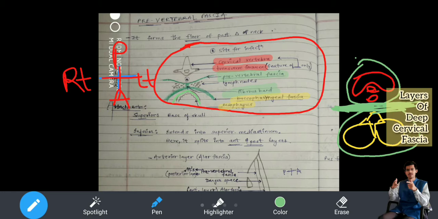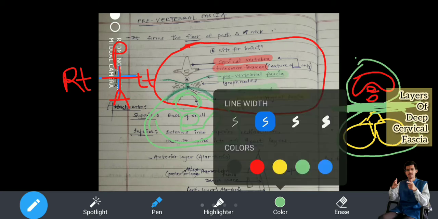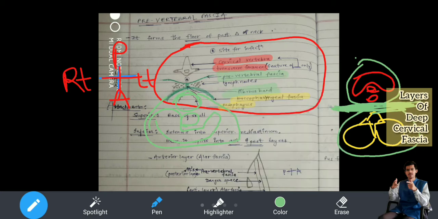Now you will say I am mixing the buccopharyngeal fascia and the pretracheal fascia, which would have been like this here. Right, here is the thyroid, and this is the trachea, and this is the esophagus. You would say that I am confusing you. Definitely not. I will tell you what is the difference in some other diagram. I have one more, but you need to understand that the buccopharyngeal fascia and the posterior part of the pretracheal fascia almost come to a convergence. They get adhered to each other. Okay, you need to understand this. So I hope you have understood this diagram.